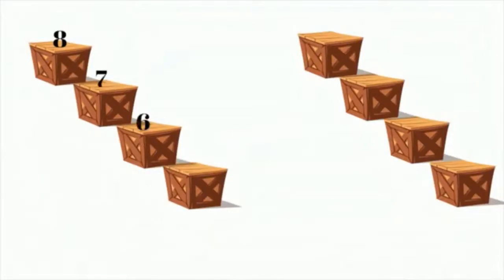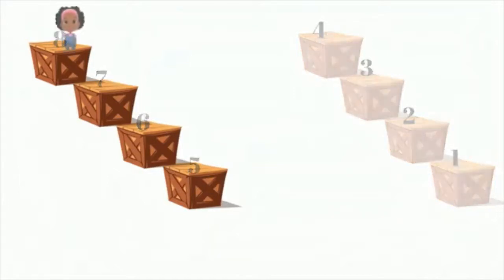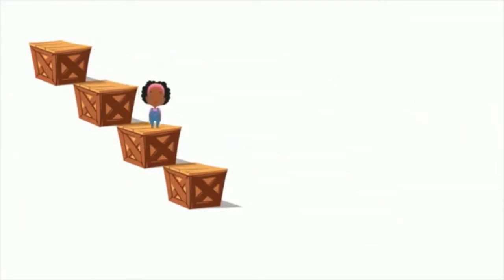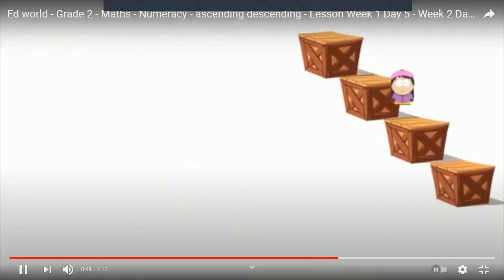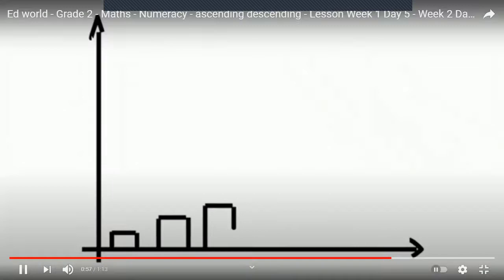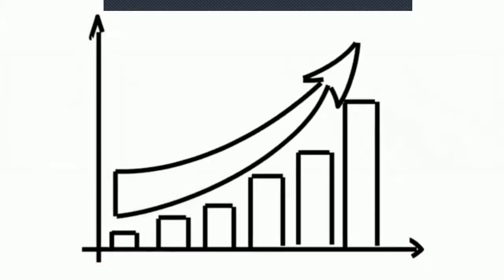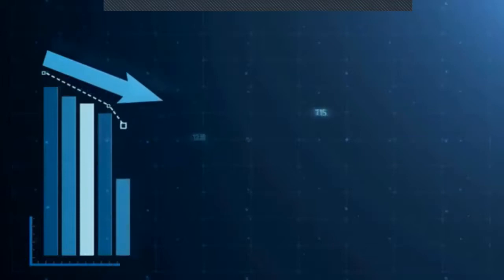The numbers are going down. 8, 7, 6, 5, 4, 3, 2, 1. 8, 7, 6, 5. And I climbed the boxes down. Now Sarah is going down. 4, 3, 2, 1. So that was ascending order and descending order.